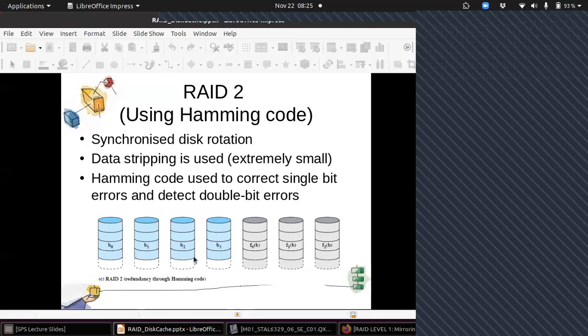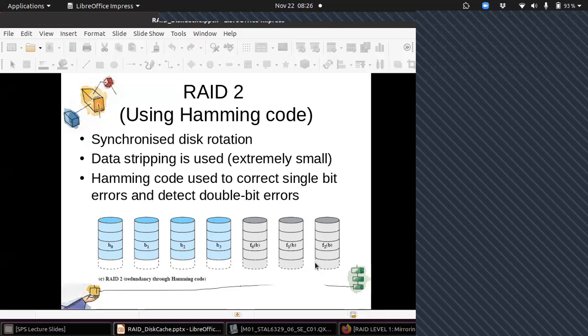If there are 2 bits in error, it can be detected, but you cannot identify which 2 bits are incorrect. So the Hamming code method is used to create the error correction code, and it will be stored on this extra disk.